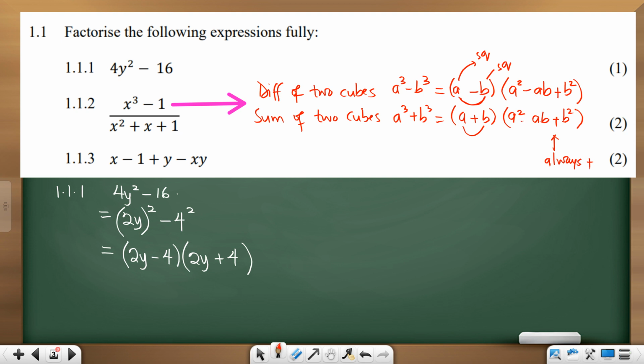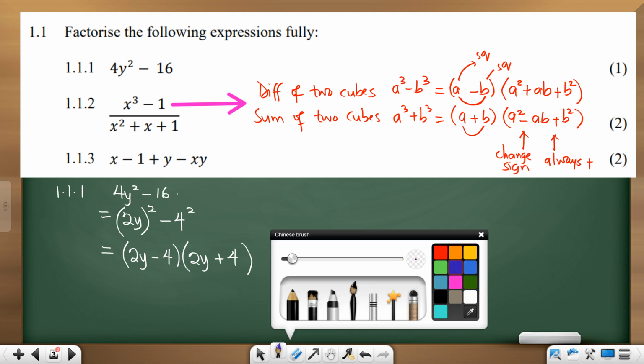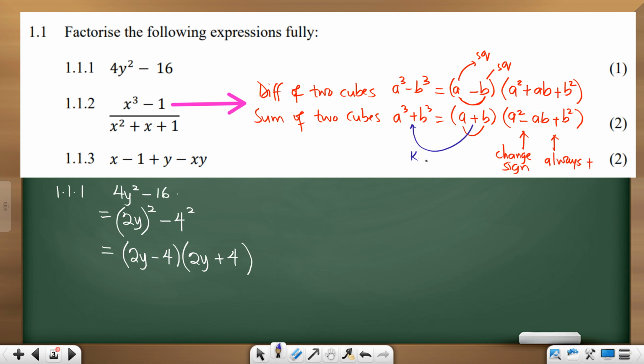But this one, we change the sign. Oh no, I wrote the same sign. We change the sign. It's a negative in the first bracket, positive here. Positive in the first bracket, negative here. So, we change the sign. Here, for the first one, we keep the sign. So learn the process. Square the first one, multiply the first and second, square the last one, and remember, very